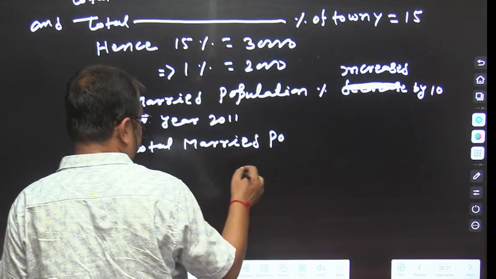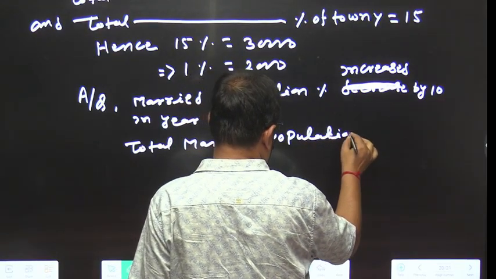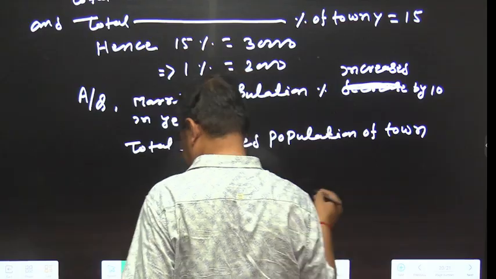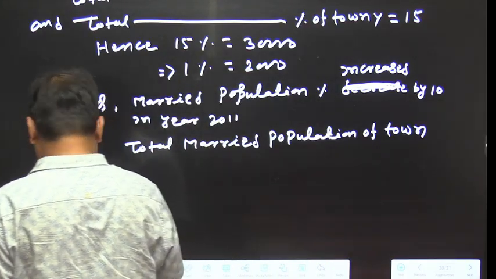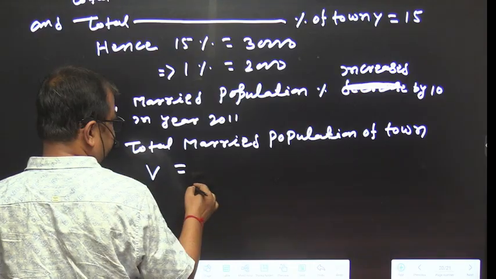So total married population of town V equals to